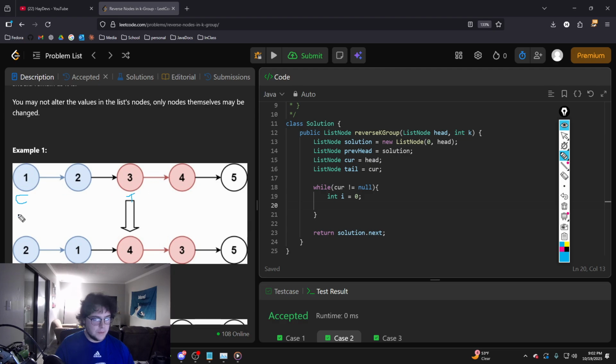So we want tail to be at where current is, but we want tail to be where 3 is, right? So that's why we keep up with the i. And then in the situation that current is 5 and tail is 5,